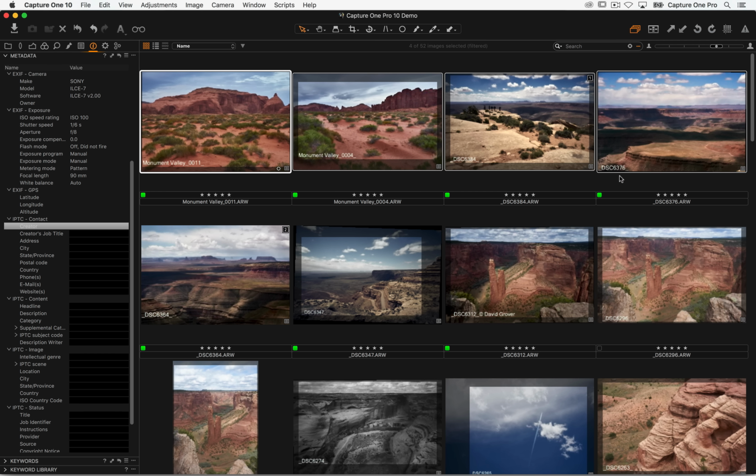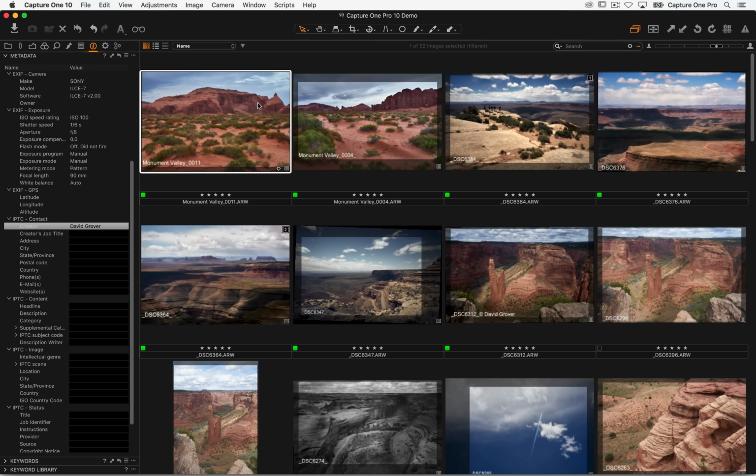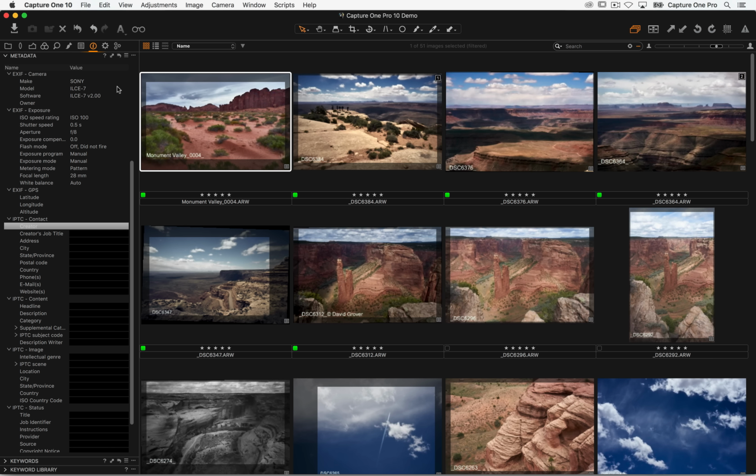However, if I select, say, the top row of images here and try and do the same thing, David Grover, can't write my own name, enter, then it actually only applies to the first image. Because the way the metadata tool behaves is like pretty much any other tool in Capture One. The keyword tool is in some way unique that it applies to every single image when you have a selection like so. So the best thing to do for IPTC data, at least for the basic stuff, is to make